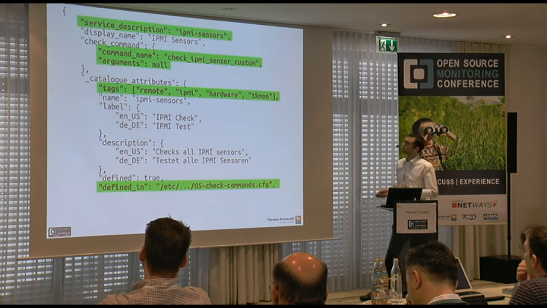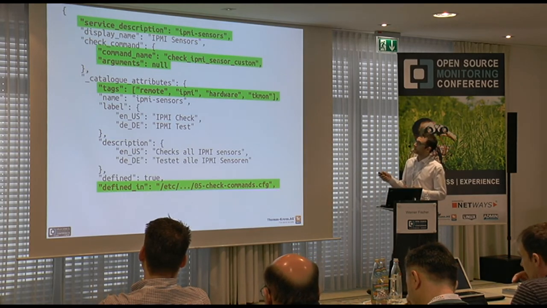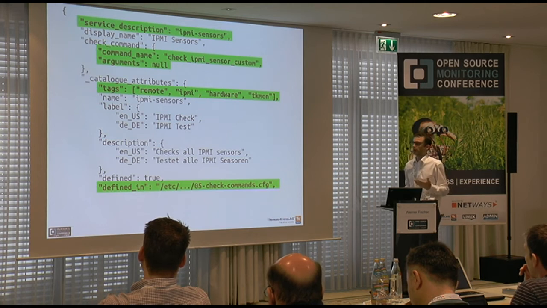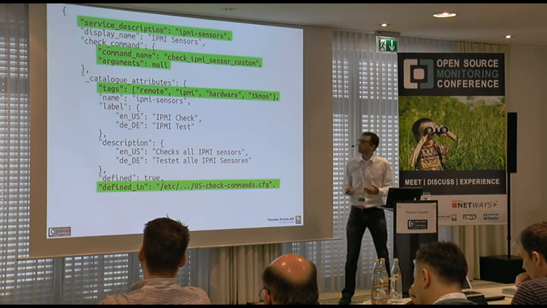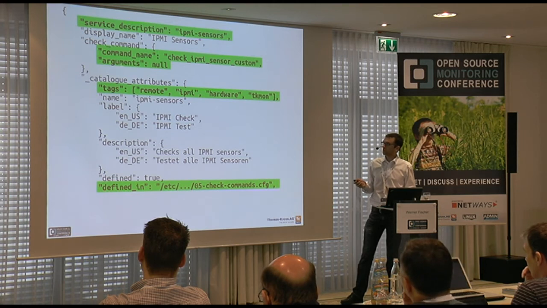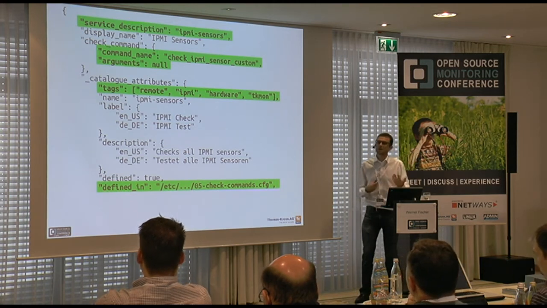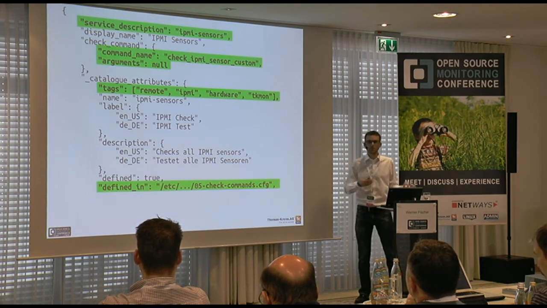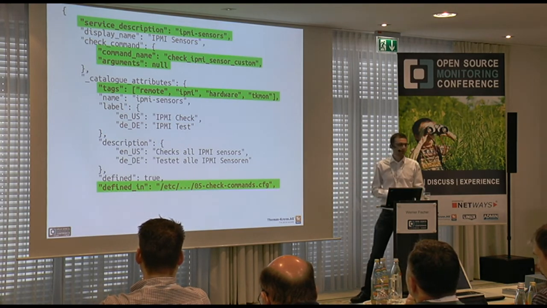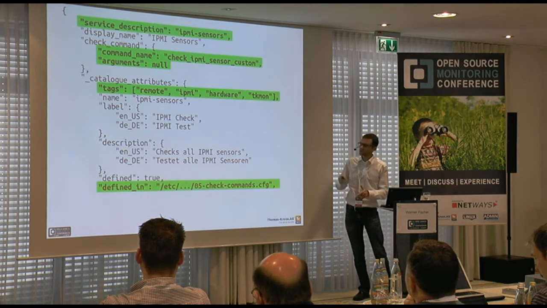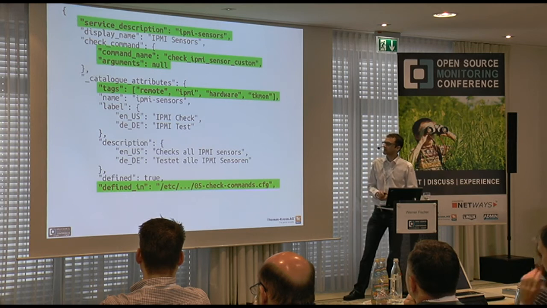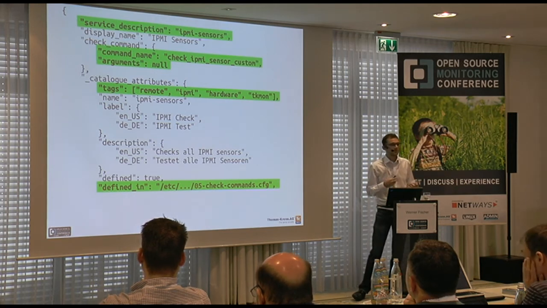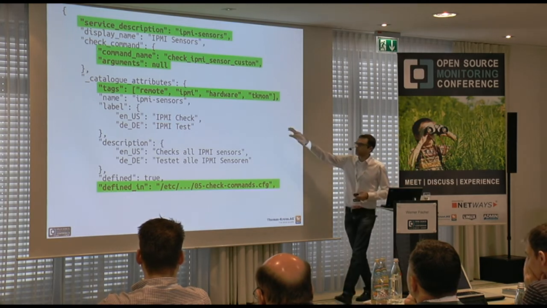As you can see on top, you give the description of the service name and then provide the most important commands or parameters that you need. Those include the command name for Icinga, and the information whether or not you have arguments, so username, passwords, other arguments. They could be strings, they can be numbers. It's all documented in the source code of TKmon. I just left it out because otherwise the slide would be a little bit too long. And then you can add some more attributes like tags that you can type into the interface,